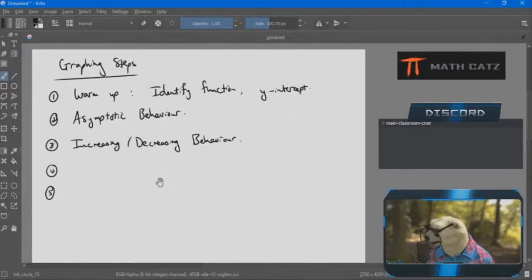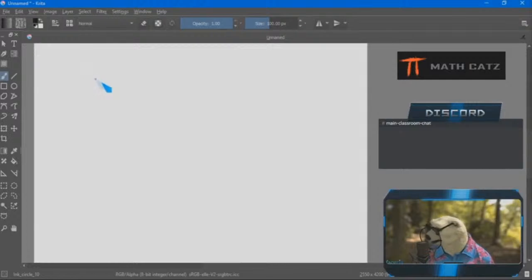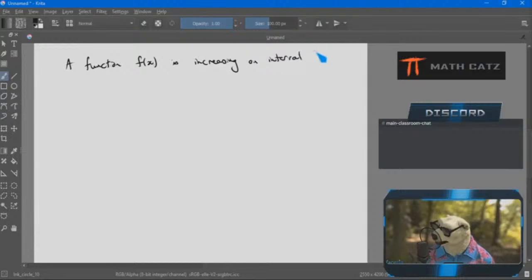Okay, so increasing, decreasing behavior. If I have a function, let's call it f of x, we officially say it is increasing on an interval. Let's call the interval x1, x2. Can really be anything. Let's call it a and b. Yeah, let's call it a and b actually. That's going to be better. A to b. If